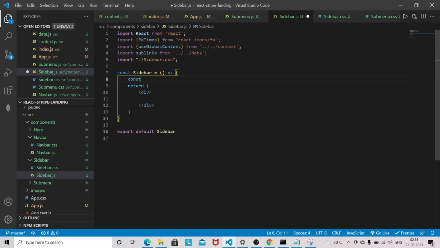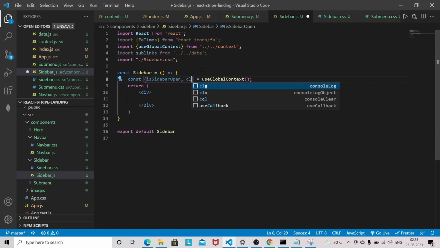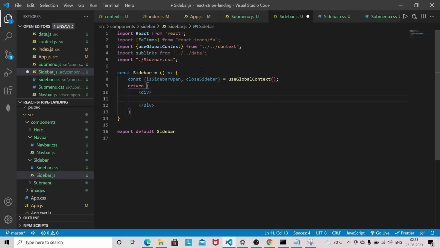And from the context, let's bring some variables, like isSidebarOpen and closeSidebar. So let's start working on the styling part. I'll have a class name, and I'm going to use a template literal here.